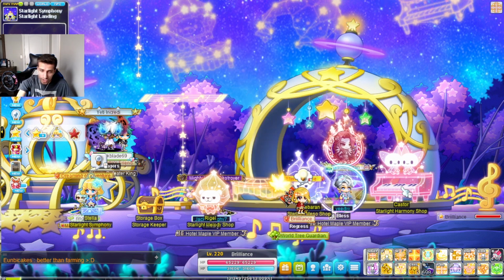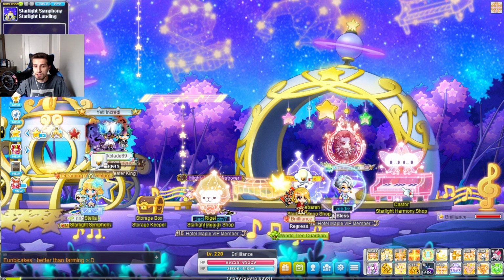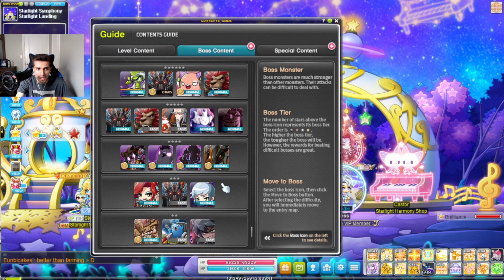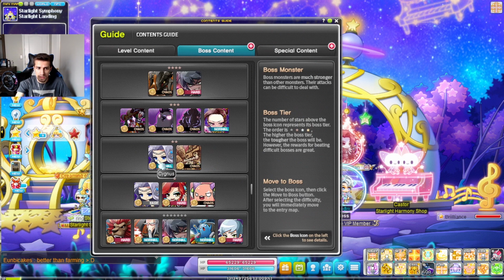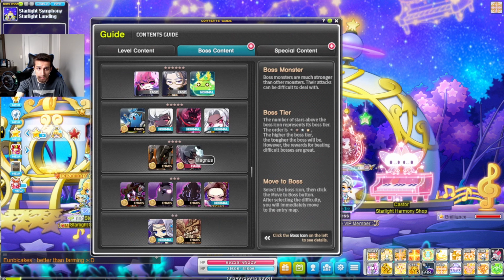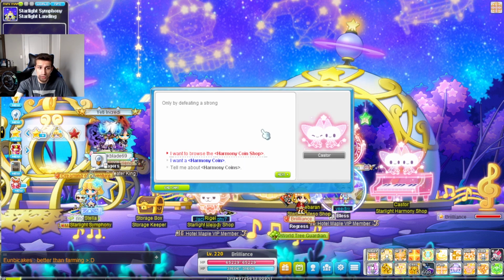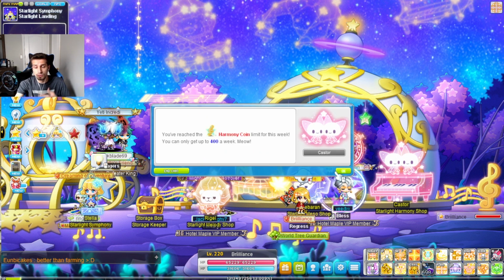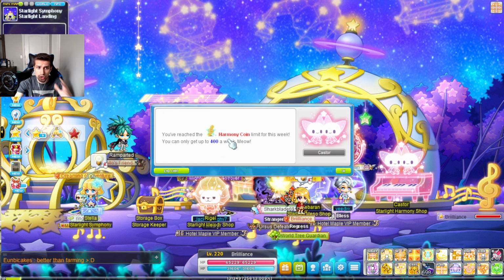Next, the Harmony shop. When you kill bosses above the difficulty of Easy Cygnus, so if you look at your boss content tab, Easy Cygnus, Hard Hilla, Chaos Pink Bean, Chaos Zakum, Normal Cygnus, and beyond, you will get Harmony coins. When you have killed a boss, it will show a menu